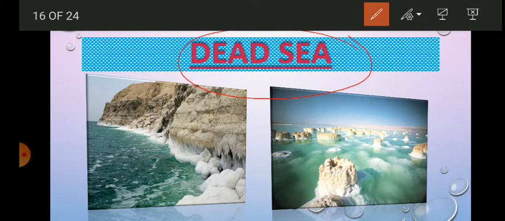In the water of the Dead Sea, there are 30 grams of salt in 1 liter of water. So you can imagine how salty it is. Isn't it?